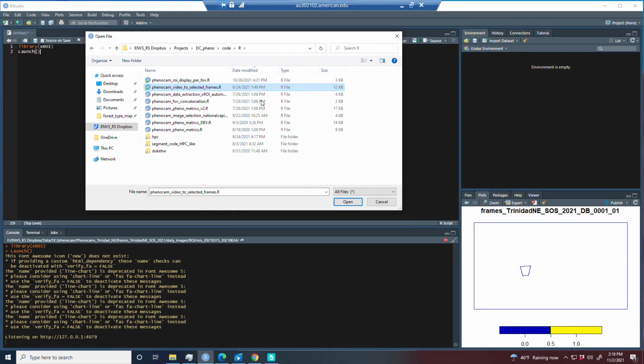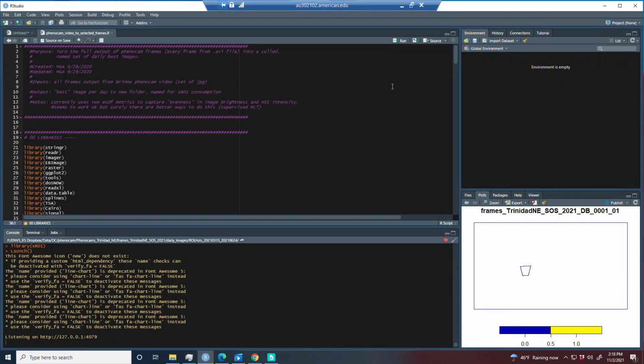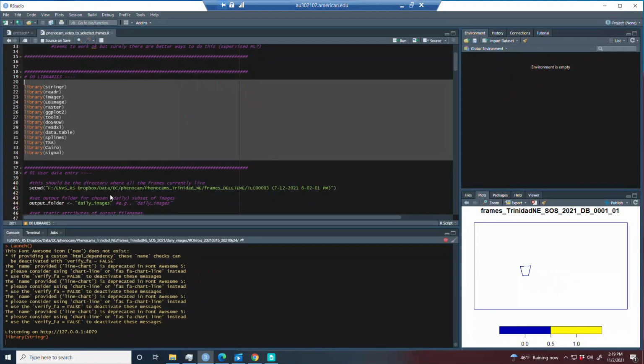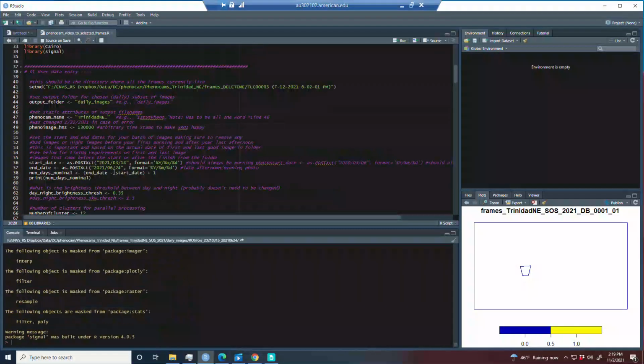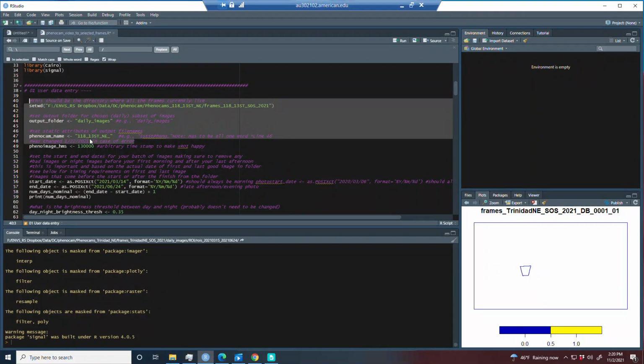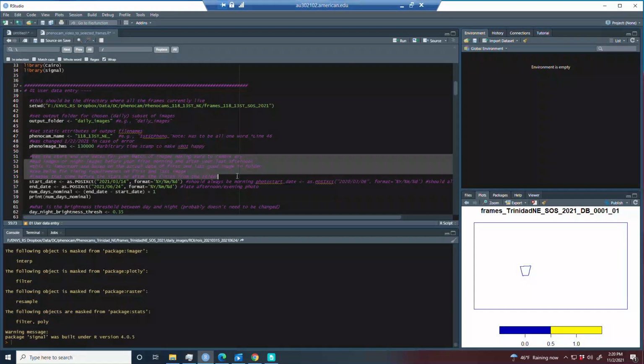So time to do a Phenocam video to selected frames to process a best daily set. So I'm going to open up this R code, load some libraries. Then I'll set all these parameters per the instructions. So I've updated a few things here, but now I'm to the part where I have to make sure that